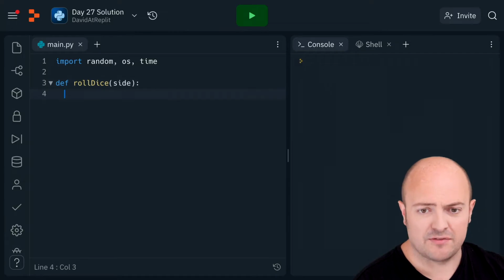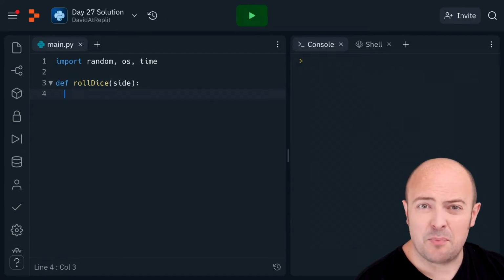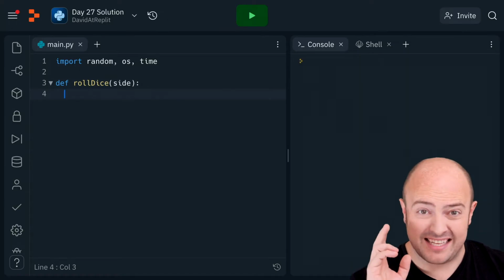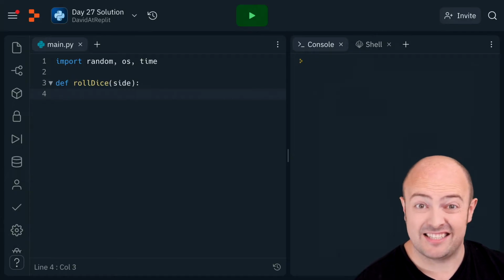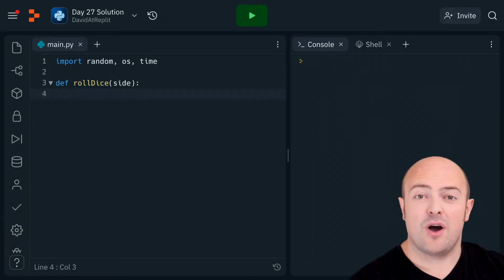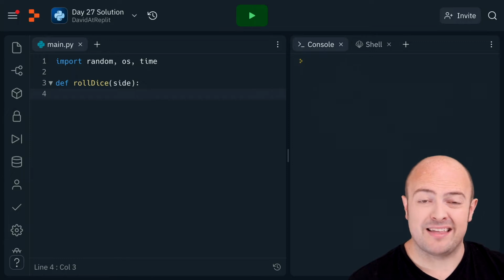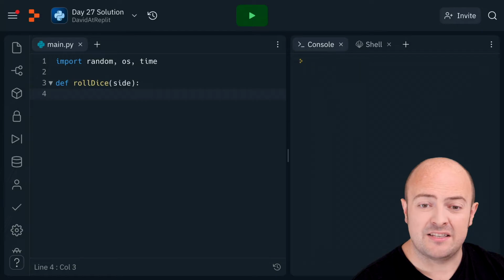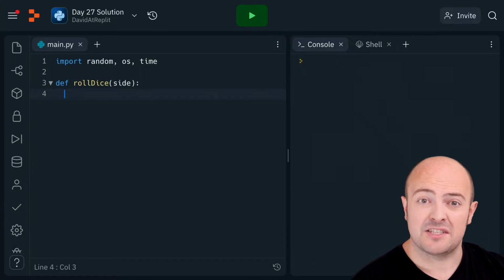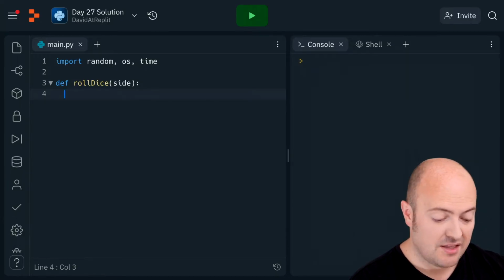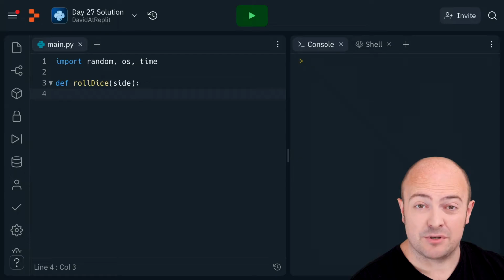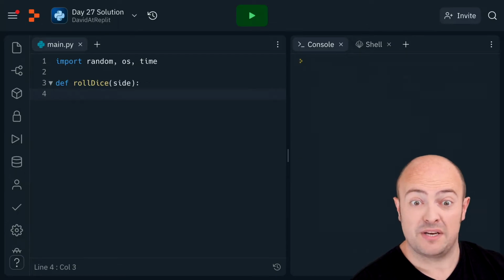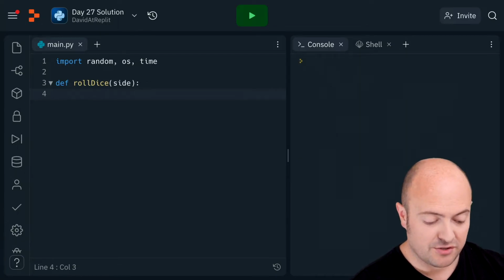Now, a lot of people often say, well, I didn't see the point of this. And actually, a lot of people have made that exact same point when we've tested this internally in Replit. Now, as a programmer, you need to try and make things as generic as possible. Bringing in code to roll dice of any size means that if we need to come back to this in future, it'll save us time. And it'll save us time when we're writing code here. The important thing is that we're going to use this subroutine elsewhere, so it needs to be the first one we define. So I'm just going to do